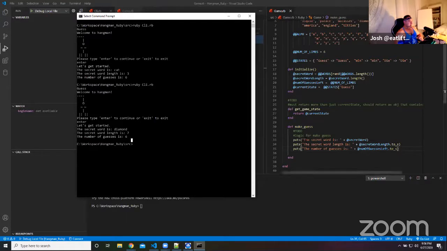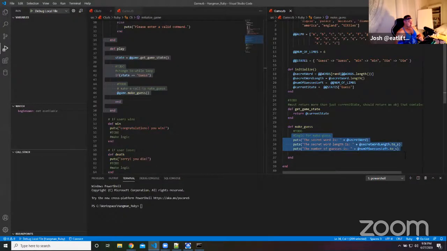So what I'm thinking here is that we're going to probably have a while loop containing most of this logic. And then it's going to prompt the user for a guess. We'll have to make a comparison if their guess is right or wrong. And then we're going to have to probably call in,